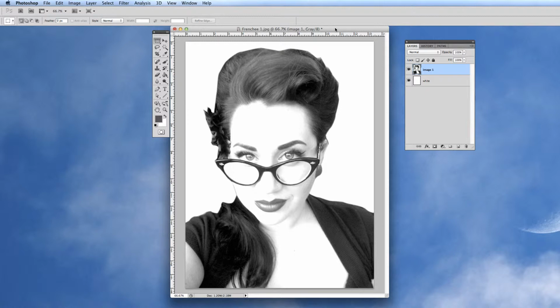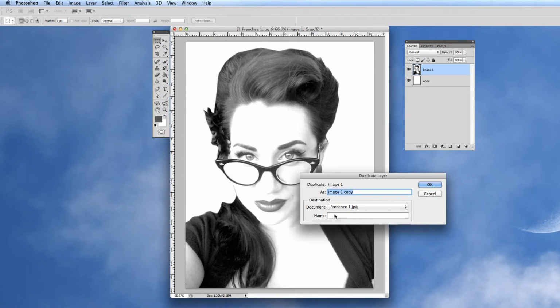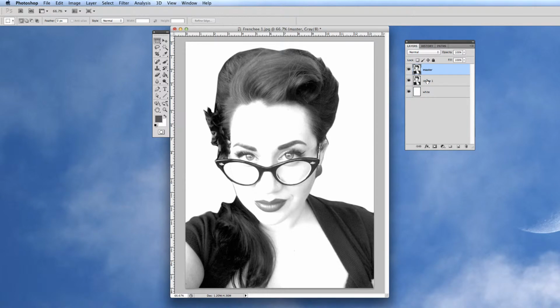So the first thing that we are going to do is we need to make a backup of our image. So here's our image being selected. You can see that this is our image because it's selected, as well as if you click on this little eyeball, the image will disappear. So we're going to go up to our layers pointer right up here, and we are going to duplicate the layer. I am going to call this master image, just so that we have a backup. And I will turn off the eyeball,